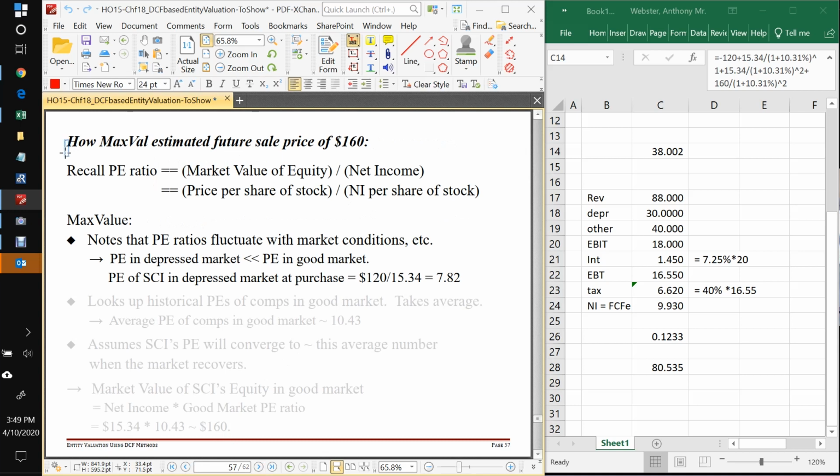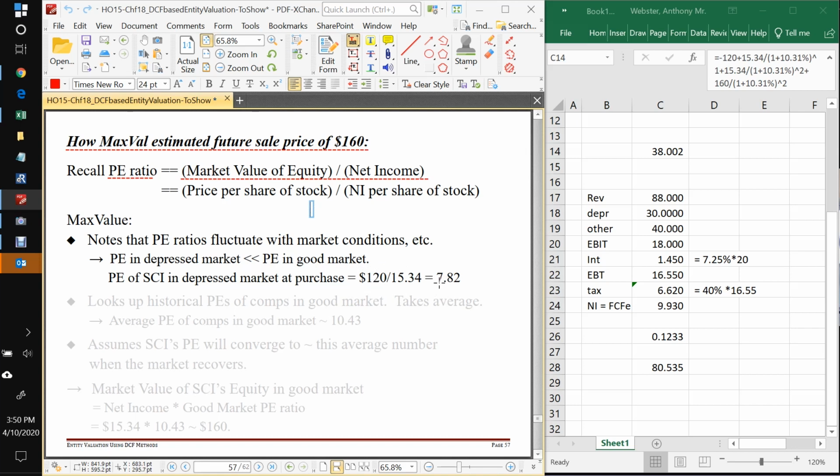Okay, so last thing I want to talk about here is how Max Value estimated that 160. And remember I said that PE firms, private equity firms, use PE ratio analysis to do this a lot. So they use the fact that the PE ratio is the market value of equity divided by net income. So what did Max Value do in this case? They note that PE ratios fluctuate with market conditions, and that's definitely true. So the PE for any firm in a depressed market is going to be much less than its PE ratio in a good market. So in this depressed condition where the price was 120 for the firm, the PE ratio